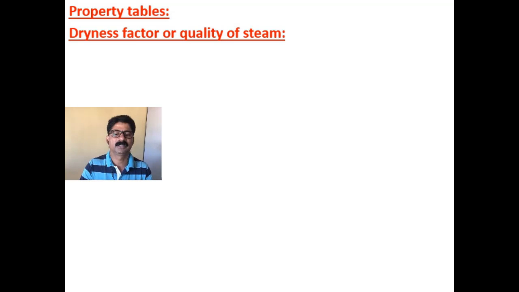Now let us study the property tables. Before that, let us understand what is the dryness fraction or the quality of steam. This dryness fraction or quality of steam is applicable only for the wet steam, because saturated liquid is completely liquid, saturated vapor is completely dry steam. In between it is a two-phase mixture, so quality of which has to be measured or indicated by some term